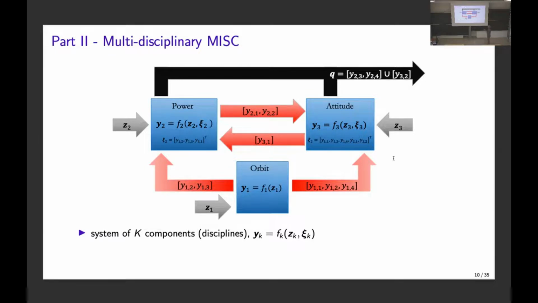They exchange some information. So orbit gives some information to power and to altitude. These two exchange some quantities. And each of these 3 ODEs also depend on a bunch of random or uncertain parameters. So altitude depends on a number of random parameters, orbit on a number of random parameters, and power on another number of random parameters. So in total, this is a forward problem from Z1, Z2, Z3 to a certain number of outputs that we get from altitude and power.